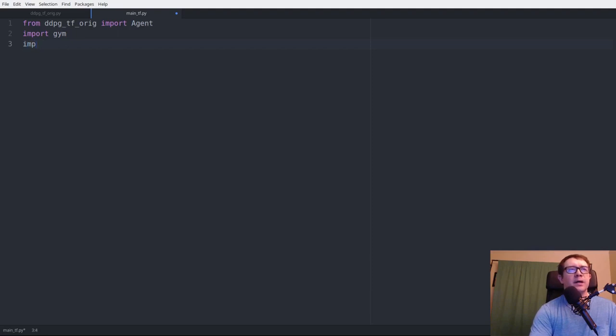Do we need NumPy for this? Yes, we do. We don't need TensorFlow. From utils, import plot learning, and we don't need OS. So we will have a score history. You know what? I don't want to do it that way. Let's say if